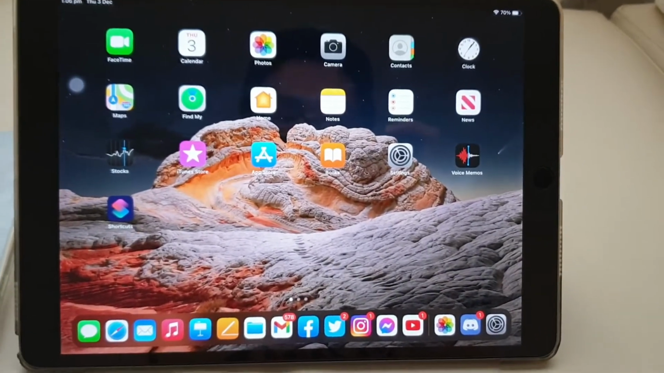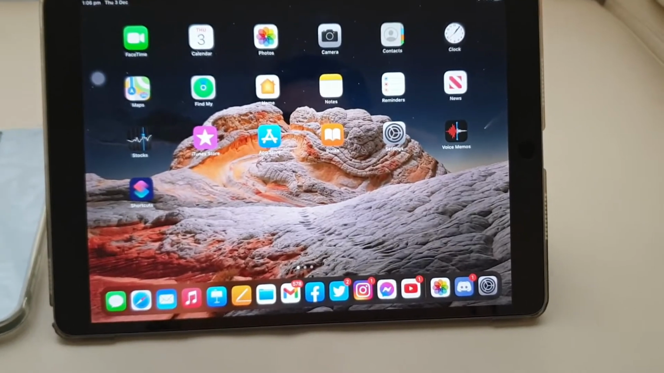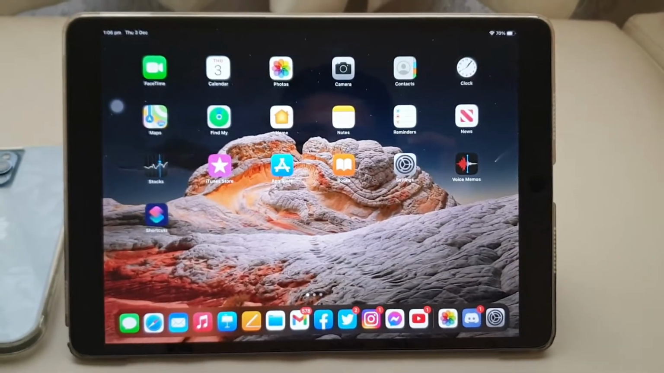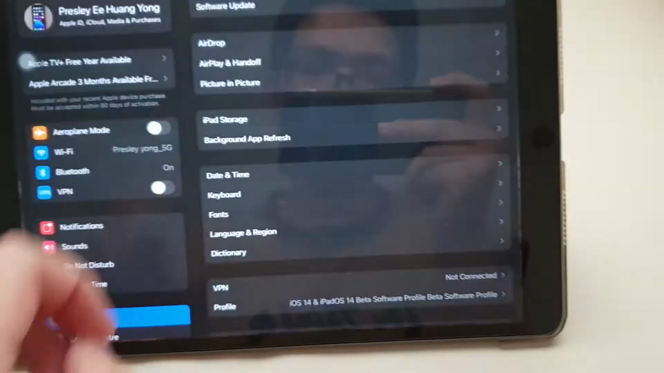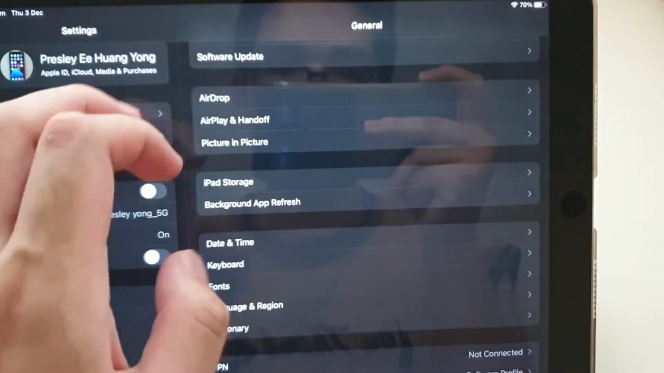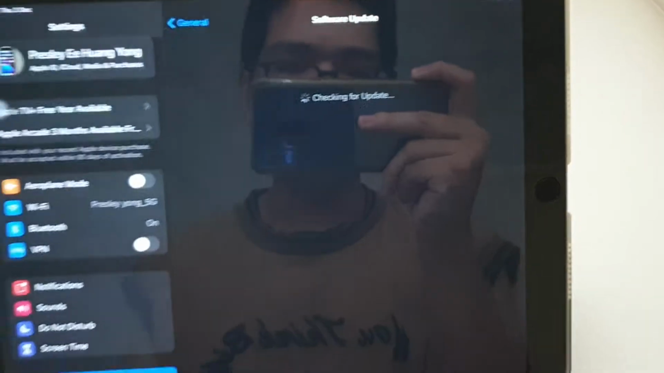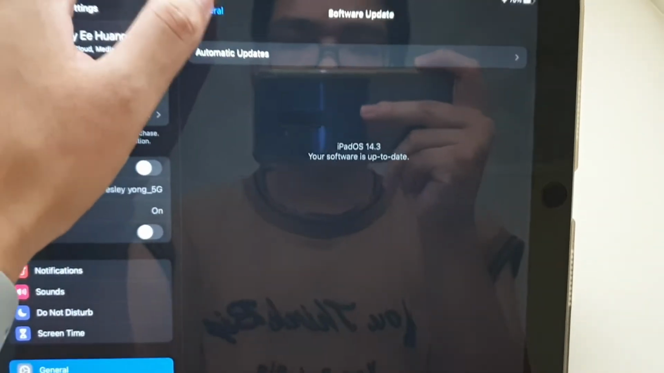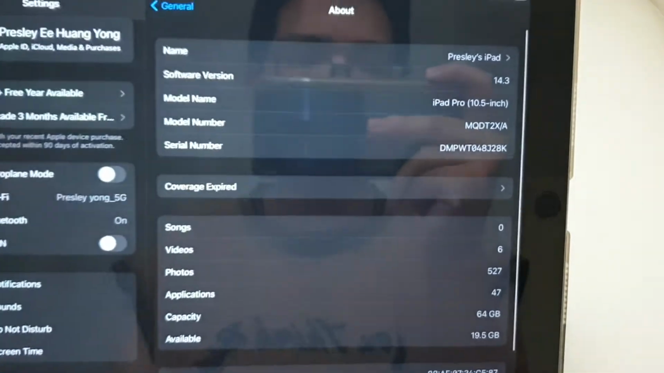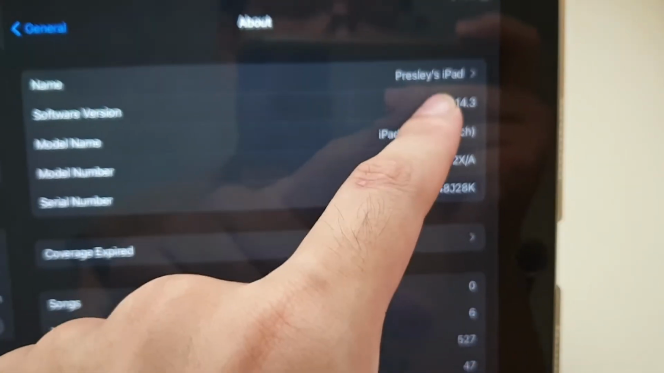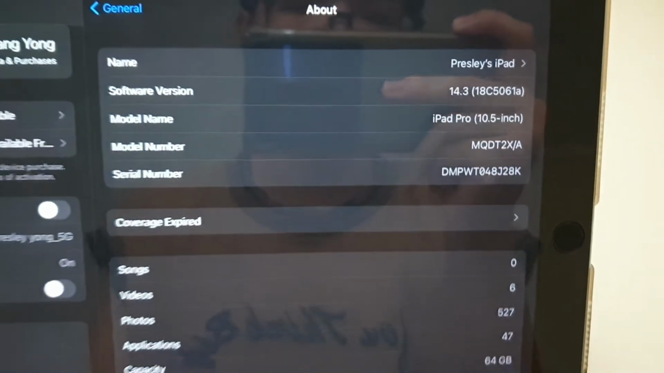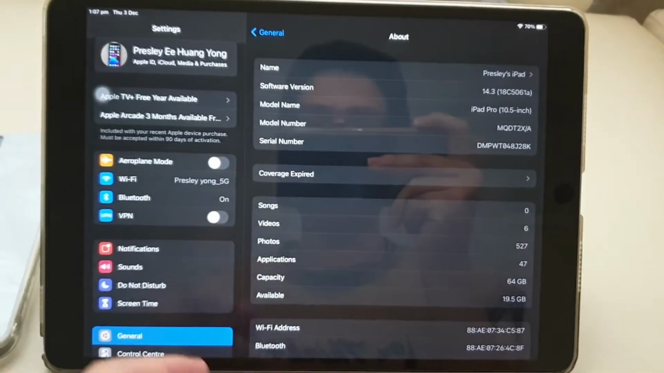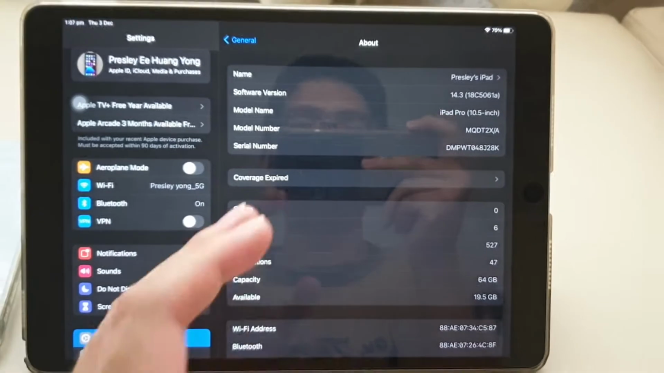This time they released Beta 3 because last week they didn't release anything because of Thanksgiving Day. So we can jump to settings, and then when you go to software update, you see it's 14.3, which is correct. And then when you go to about, you can see 14.3 is installed. Now we check the build number is 18C50618. Now this one is exactly the same version as iOS 14.3 Beta 3, which I will do in